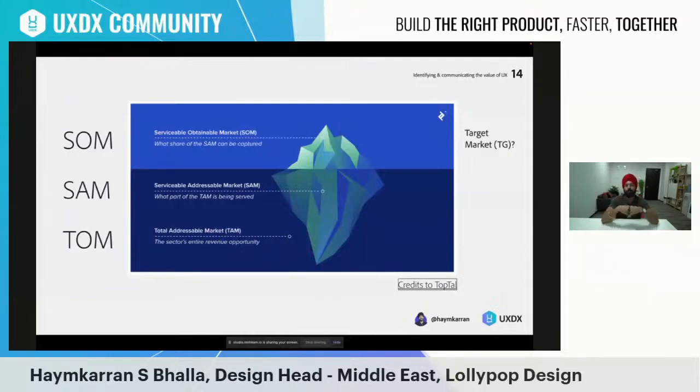Let's say I'm, for example, in Dubai. Right now, Dubai is just one piece of the UAE. It's not the entire UAE. And I wish to start locally. I wish to start from here and then scale it up. Right now, my serviceable addressable market at the beginning gets limited just to Dubai, not even the UAE. Forget the entire world.